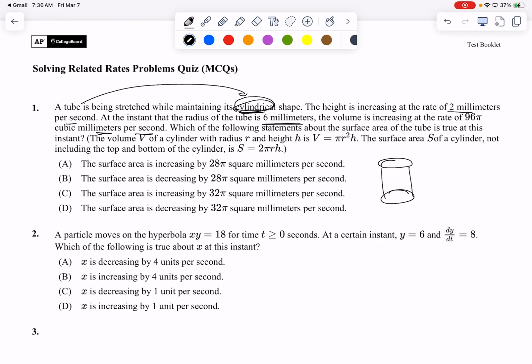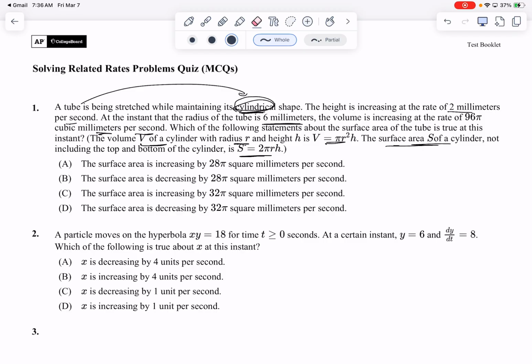Which of the following statements about the surface area of the tube at that instant, where the volume of the cylinder is this, radius is this, and so on. The surface area of a cylinder, not including the top and bottom, is 2 pi r h. All right, so let's see here. What do we have going on? This is like alphabet soup here. All right, so the goal is to find